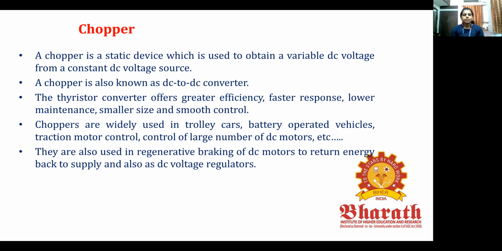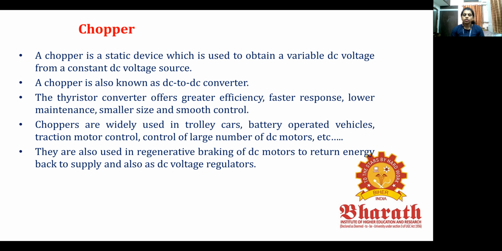It is otherwise called a DC to DC converter. If you are making use of thyristors, it offers greater efficiency, fast response, low maintenance, small size, and smooth control. The applications of chopper: it is widely used in trolley cars, battery operated vehicles, traction motor control, and